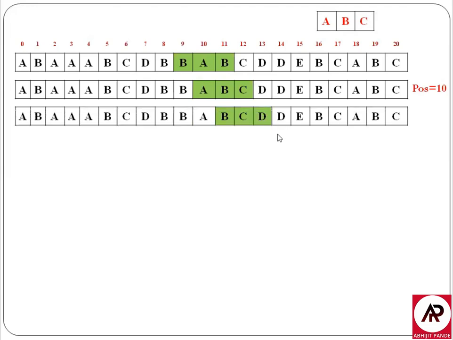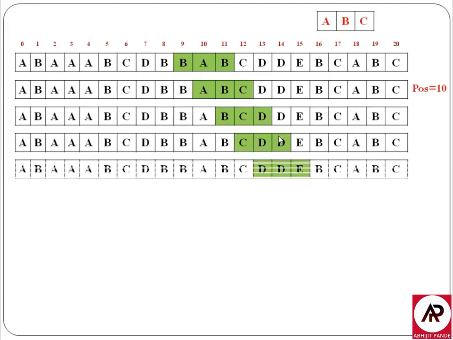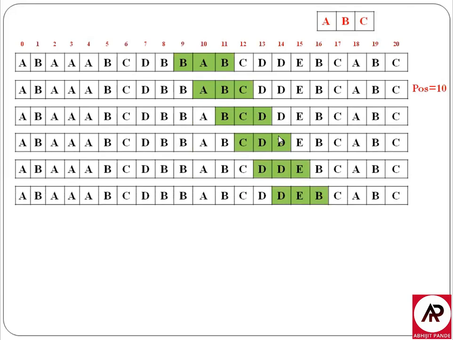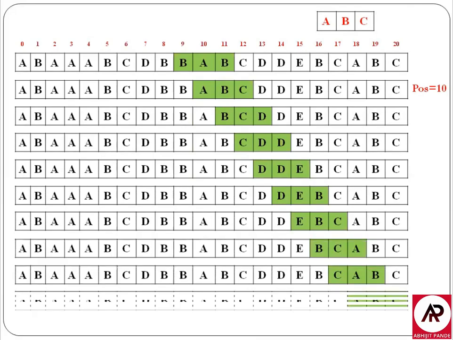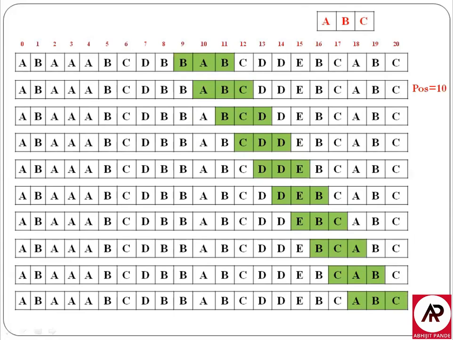And so on. We have to apply the same principle. We have to apply the same mechanism until we reach the end of the string. So at this position, we reach the end of the string. Here ABC again matches, that is, the pattern also matches in the string. The starting address is 18. So we can say that the position is equal to 18.